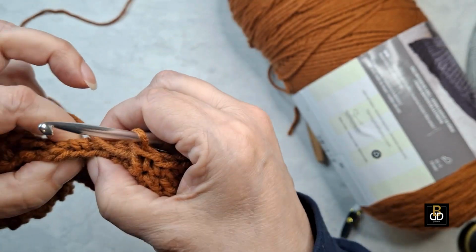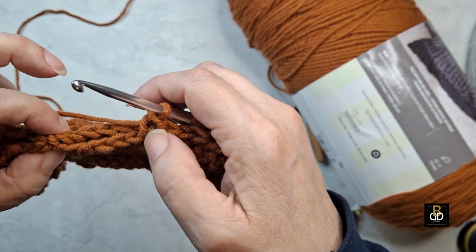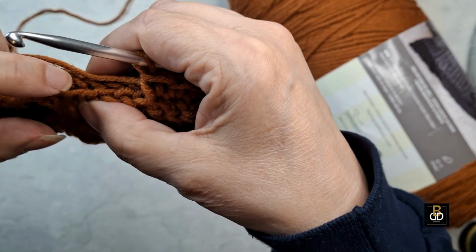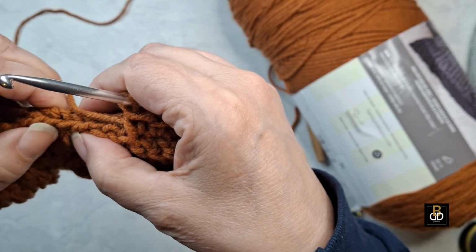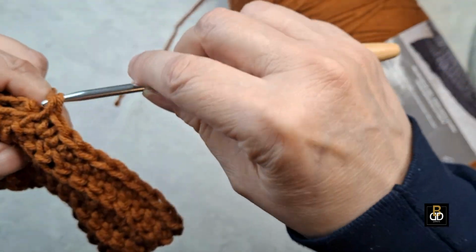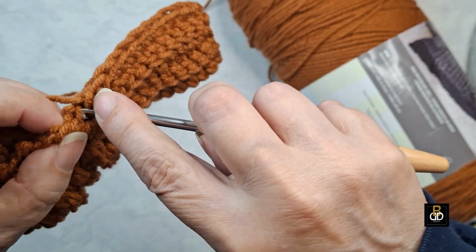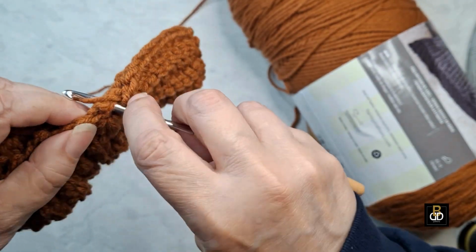And do go into that join or that slip stitch just one time. In other words, go into these 10 stitches and then just go down right here, and that's where you're going to fasten off. But I want you to do 2 stitches in that, and I'll show you in a minute. Okay, right there, do you see I went right in there? I'm going to do a single crochet, and then I'm going to go just into this stitch here